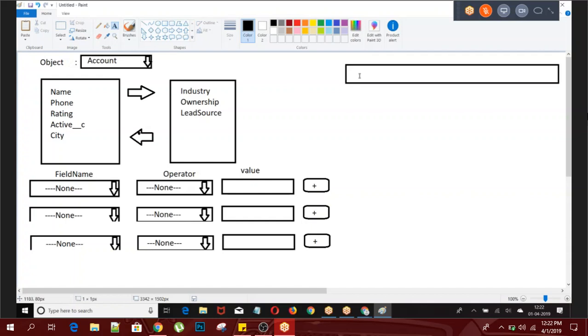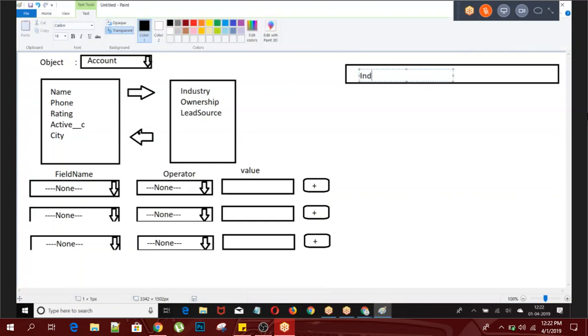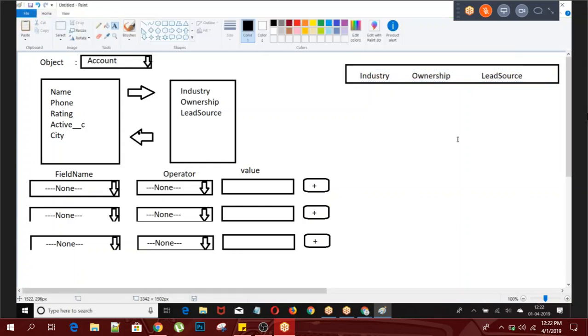Do you know which fields I am going to select? I am not sure. Do you know which object I am going to select? I am not sure. Do you know which condition I am going to give? I am not sure. So based on what you have given, the query should be formed and displayed. This is the final example. If you can implement this, it will be a combination of list, set, map, dynamic SQL query, multi-select, field dependency, and dynamic data display.